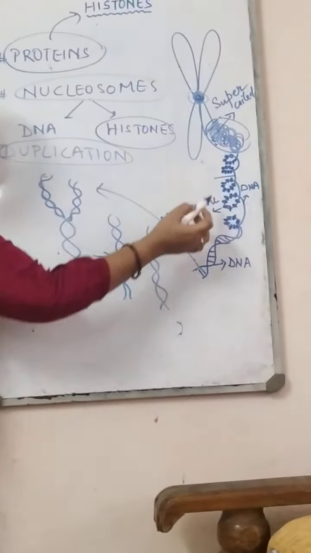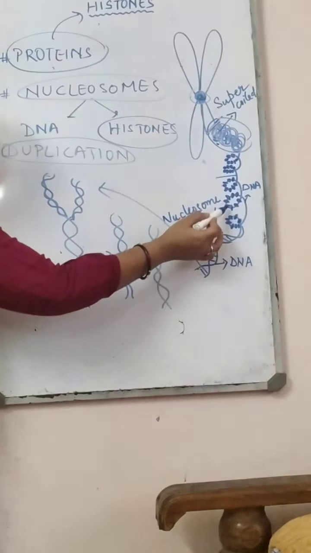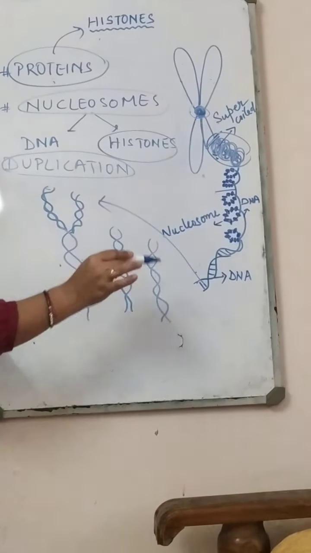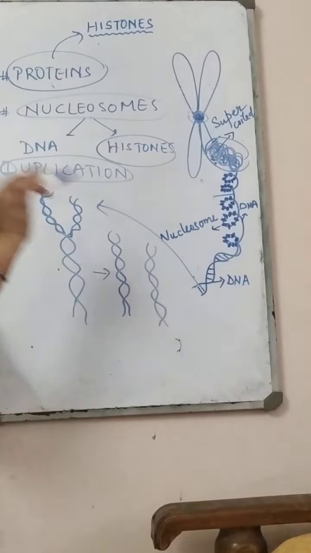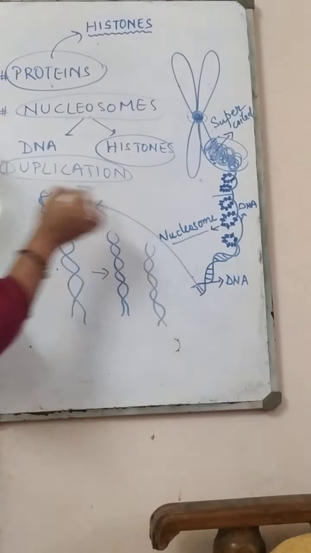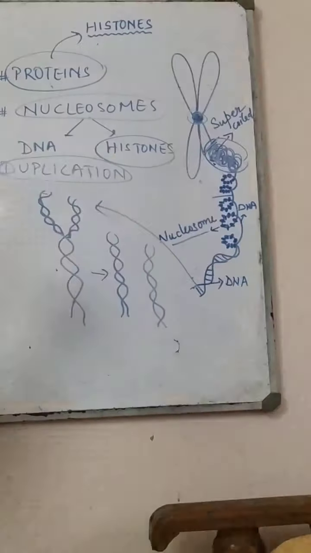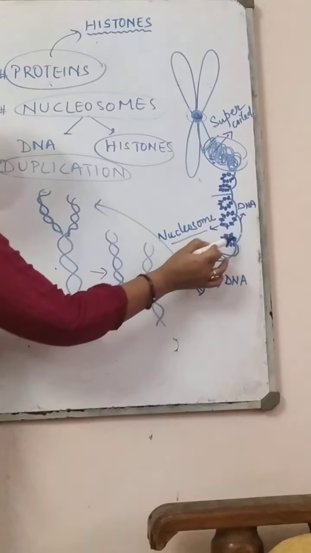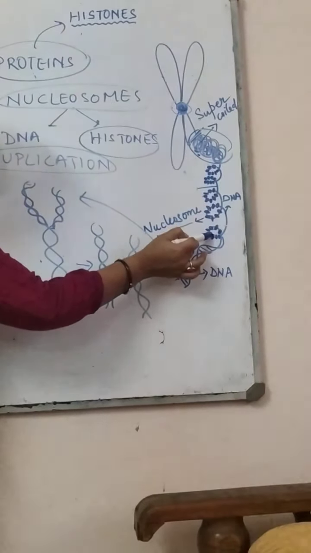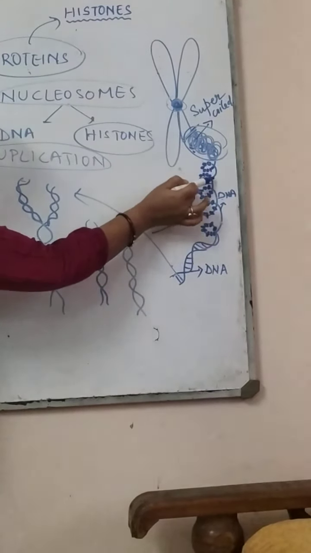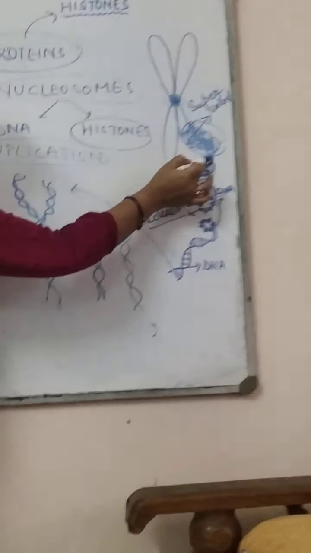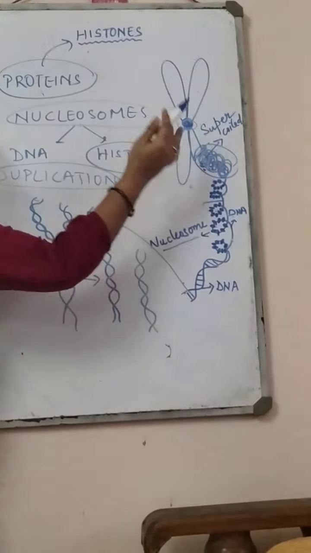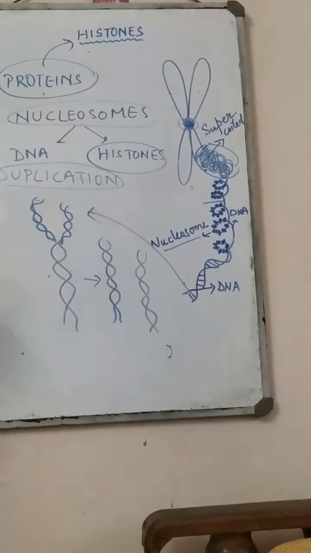And if you take one string, you can see that this is the DNA, and somewhere the loops are there. So somewhere there is DNA, and somewhere DNA plus 8 histone proteins. Wherever the loops are present with 8 histone proteins, that particular place is called a nucleosome. So a chromosome is made up of DNA plus nucleosomes. DNA, nucleosome, DNA, nucleosome, and so on. This is only coiled, we can see clearly. But when these are packed together, it becomes extensively coiled, and that is called a supercoil.